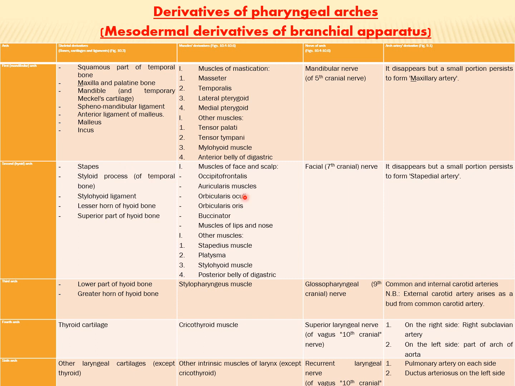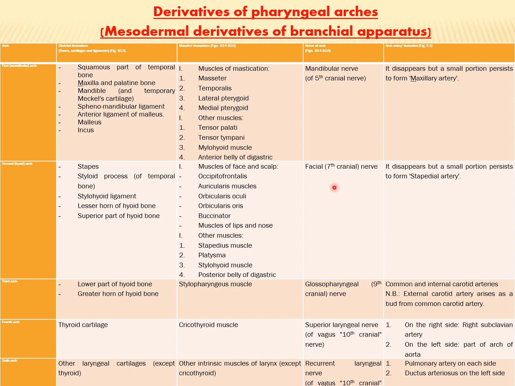The muscles arising from the second pharyngeal arch: before mentioning them, you must remember the nerve supply of this arch, which is the seventh or facial cranial nerve. So the facial or seventh cranial nerve is the nerve of the muscles of the face. As you know in the anatomy, the head